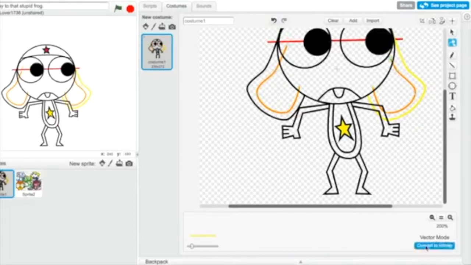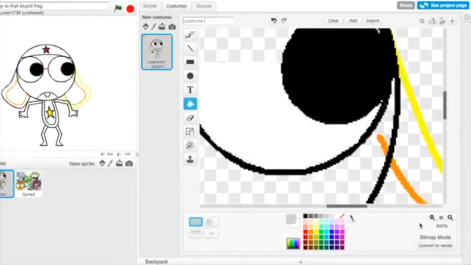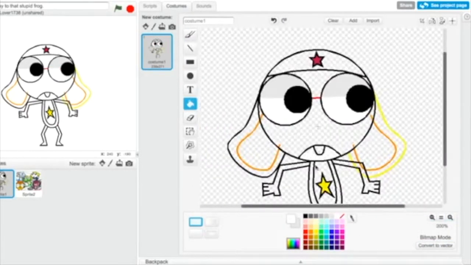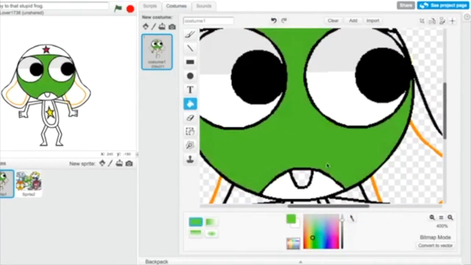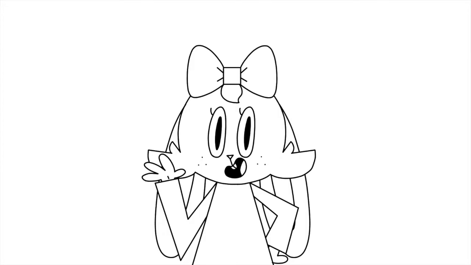Heck, I remember back when 2.0 was around, I had to use Vector and Bitmap to make my art look great. And back then, I was very jealous of the people who made their vector art look amazing. Until I found out that some of them were using Adobe Illustrator and I was kind of disappointed. But when the Scratch 3.0 beta came out, I decided to try it out, and not gonna lie, I was kind of confused with how it all worked out. But I was so happy to have 3.0 getting an eraser tool, holy crap.